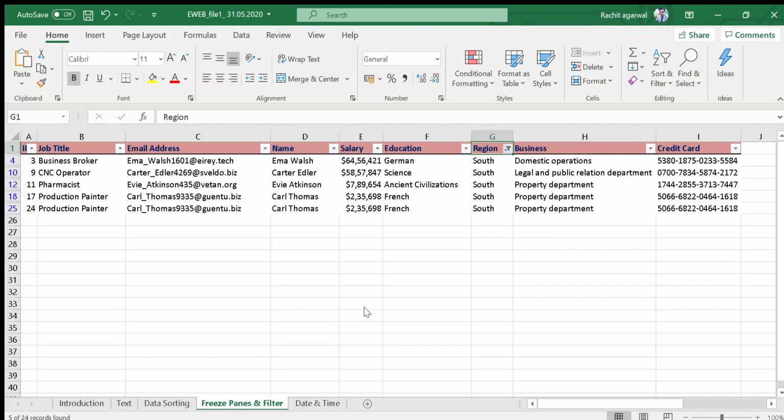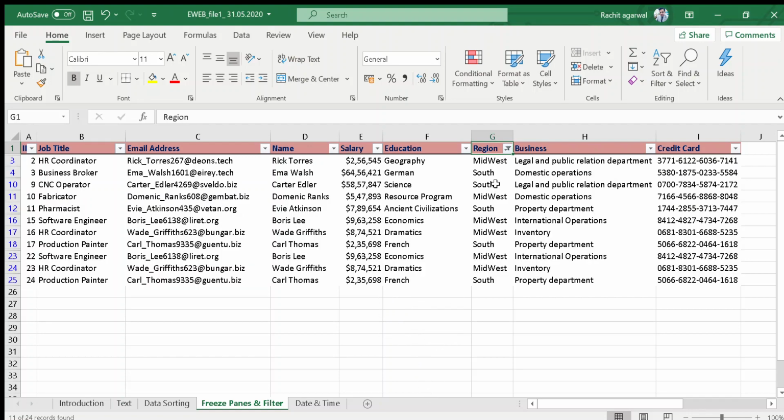Now if I want to see how many workers are working in the Midwest and South, I select both Midwest and South, click on OK, and now you get the data for both the Midwest as well as South. So here you can filter your data in the existing table.